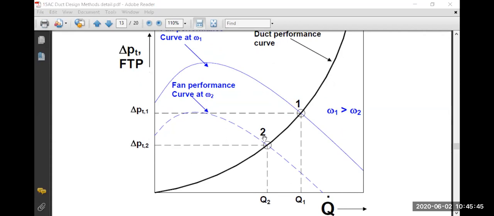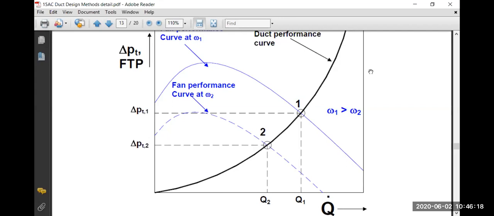Now we reduce the fan velocity, omega 2. So omega 2 is less than omega 1, then it will meet the duct performance curve at point 2, and at this point, at low speed, the fan will give this much flow rate, Q2, and its delta PT will be delta PT2, and this knowledge is required in order to set the balance point between the system and the fan